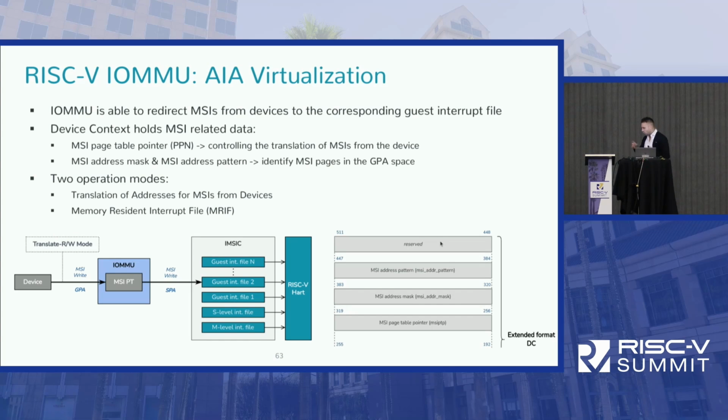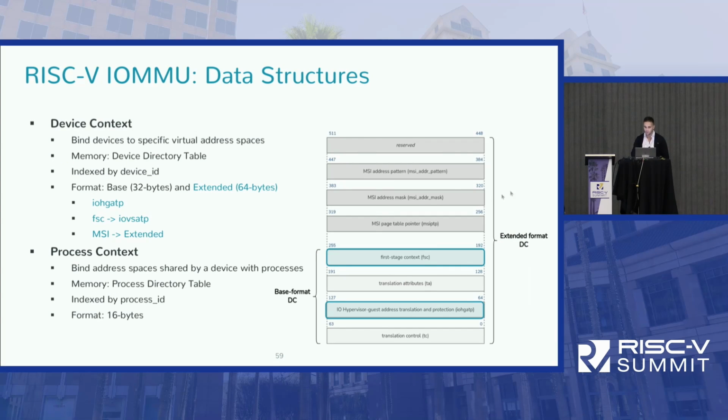Well, there is a quite nice connection between IOMMU and AIA, in particular for the MSI support, because interrupts need to be redirected from the device to these guest interrupt files. As I was mentioning, there is this device context that holds the MSI-related data. I'm talking about this. This is where, in your device context of the IOMMU, you can specify the different settings